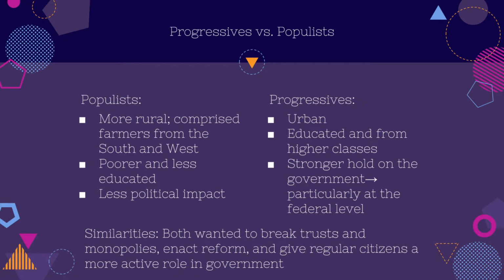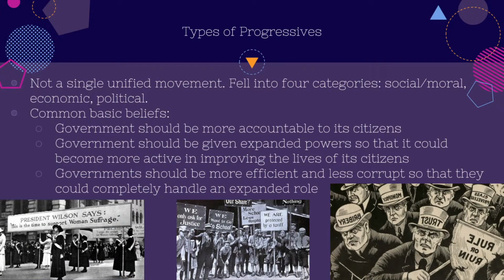And also, populism did have some political successes, and again, it was more at the local level, but it was more of a movement among the people. Or rather, while progressivism had a stronger hold on the government, and progressive origins were often at the state level, and then they emerged to the federal level subsequently. So we think about some of the most long lasting legacies of the progressive movement, examples like the 19th Amendment, they largely occurred towards the very end of this movement, and they again were the longest lasting.